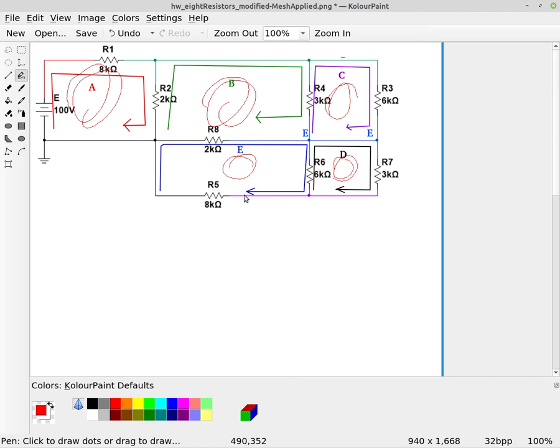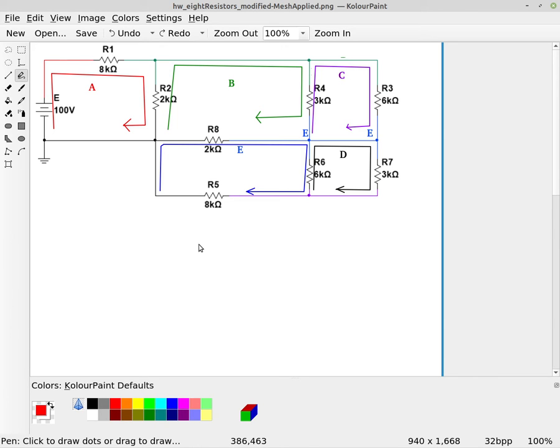around, and we're going to call them A, B, C, D, and E as labeled here. And notice that the loop currents are going in a clockwise direction. Also notice that I labeled the different windows in a clockwise direction. So you want to try to be as consistent as possible when you're